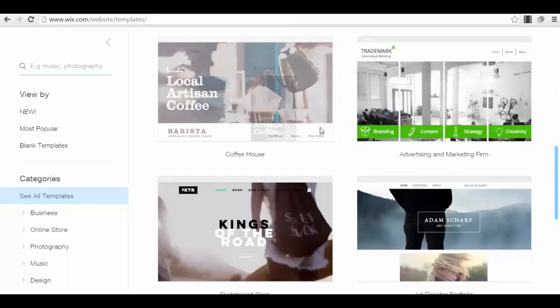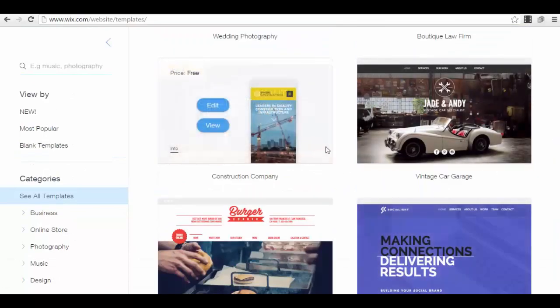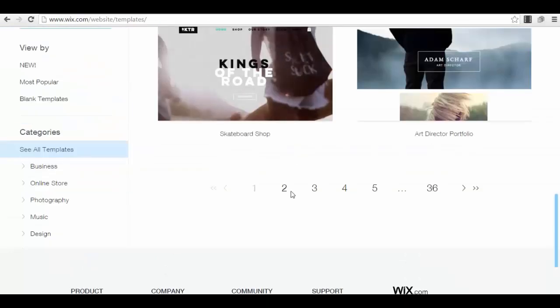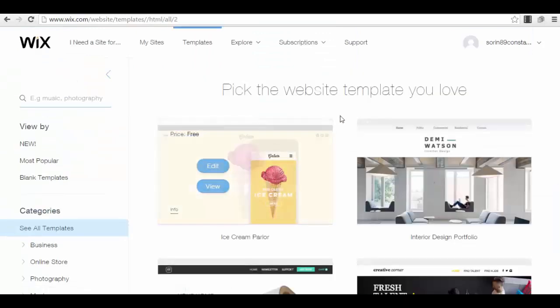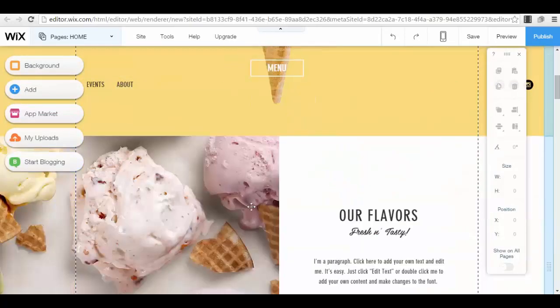Okay, guys, and let's say not this one. Let's say we take this one, ice cream. It doesn't matter, we wait for the editor to load, because I want to show you how simple it is. You just need a very simple web page. Oh, this one is complicated too, god damn it.